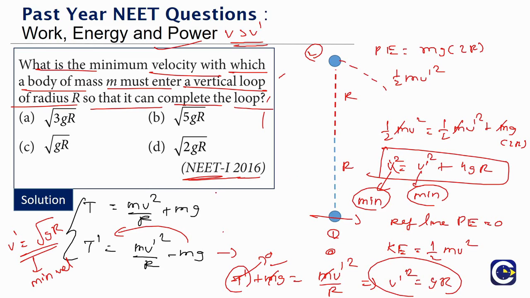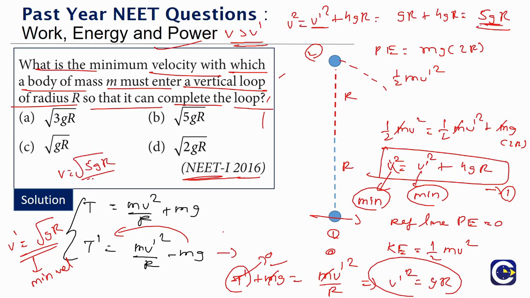So while we use the limiting condition, we are getting V dash square is equal to g times R. Now we'll see this equation. Let us call it equation 1. What is the relation we have? V square is equal to V dash square plus 4gr. So V dash square, we'll substitute gr. So gr plus 4gr, what is it? 5gr. So V square is 5gr. So V will be equal to root 5gr. So this is the minimum velocity that we require at the bottommost point when it is entering the